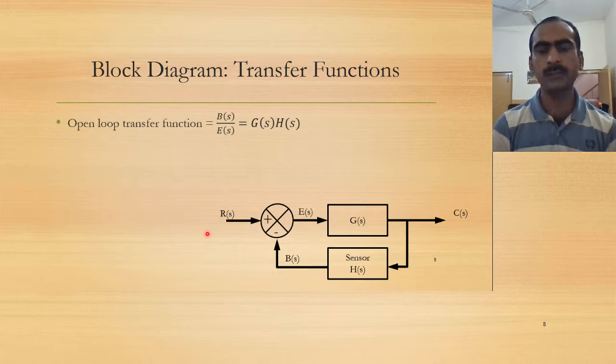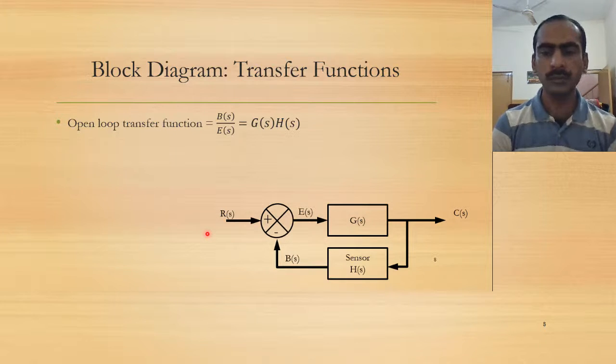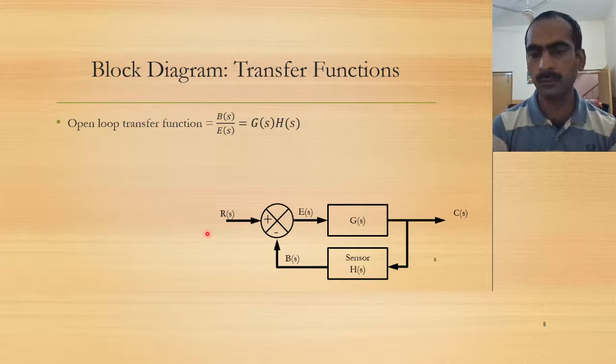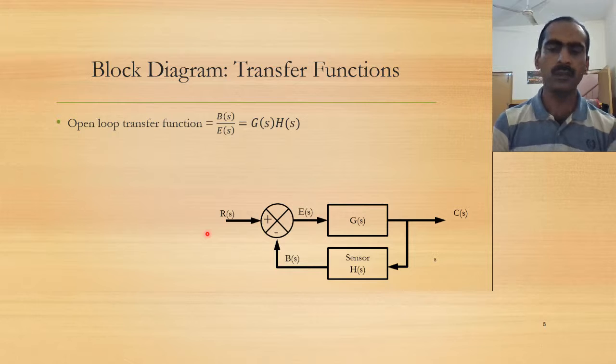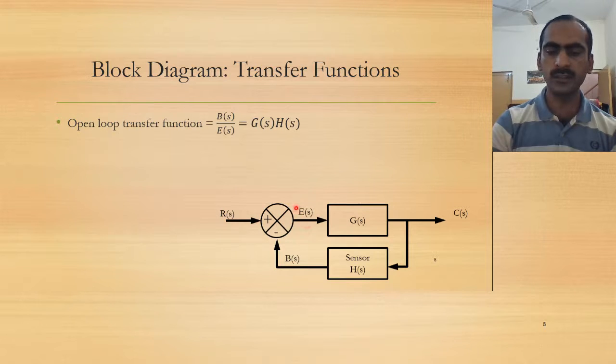Then we define some transfer functions that give us the ratio between two signals of a particular block diagram. One of the transfer functions is the open loop transfer function. That is the ratio of the sensor output signal to the error signal. And you can see here, if I start the block diagram from E(s), taking that as my input, and B(s) is my output,